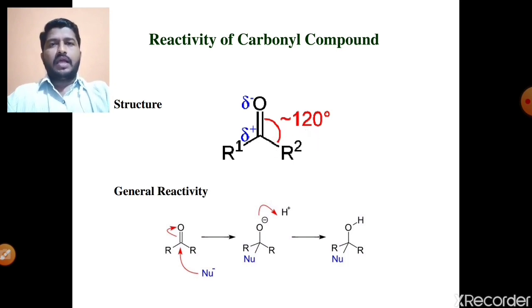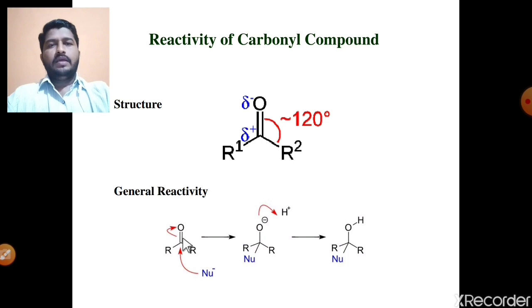This means there is a trigonal planar structure, and this carbonyl carbon, meaning this carbonyl functional group, shows more reactivity due to the partial positive charge of this carbonyl carbon. It easily reacts with any nucleophile. See the mechanism of this nucleophilic addition reaction. Oxygen is more electronegative, so it gains a partial negative charge, and carbon gains a partial positive charge. A nucleophile means an electron rich species, and this electron rich species easily attacks this carbonyl carbon.